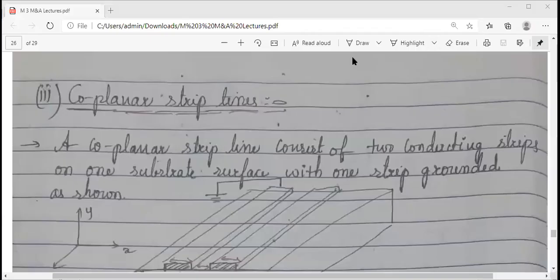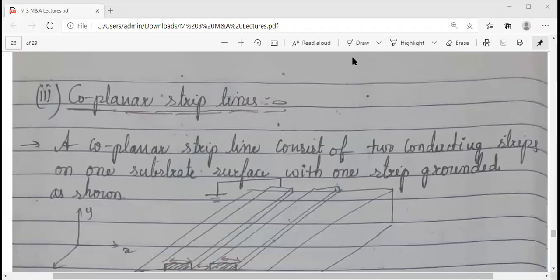Okay. We were discussing the different planar lines. We have already discussed two different planar lines. One is the microstrip line, its operation, its construction, and we have even seen some of its characteristics, some of the values of attenuation and Z naught. The second one, which we discussed in the previous session, is